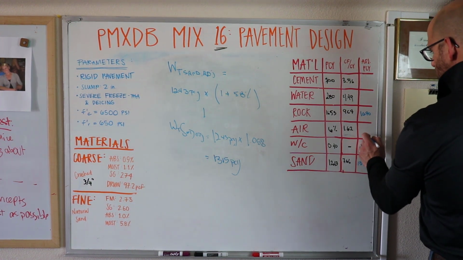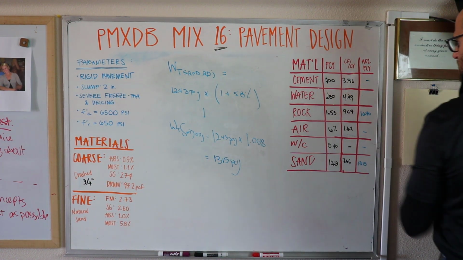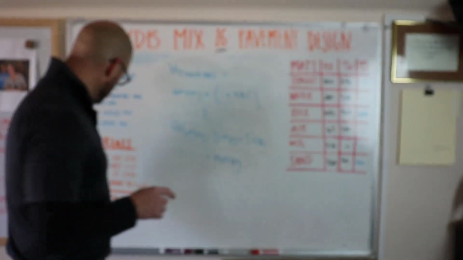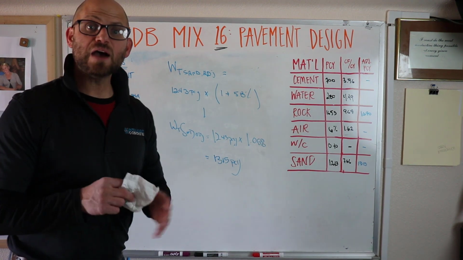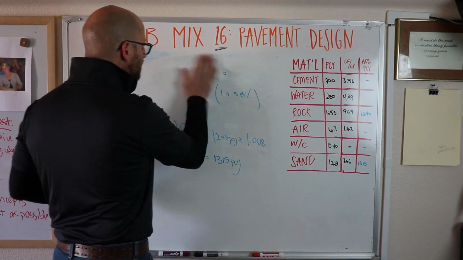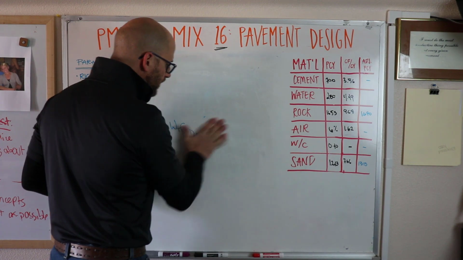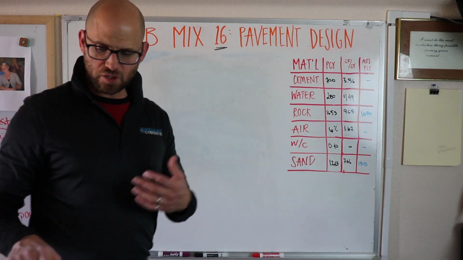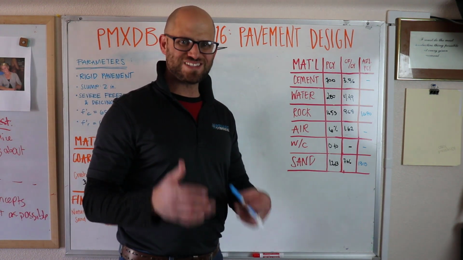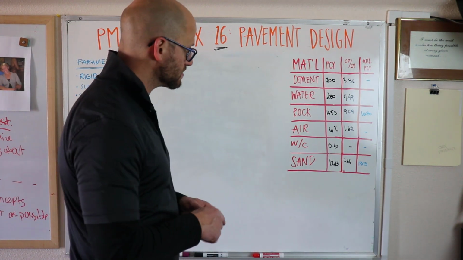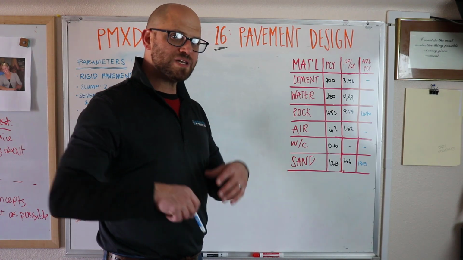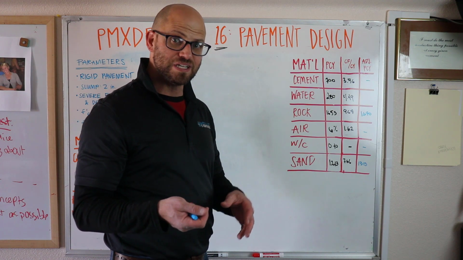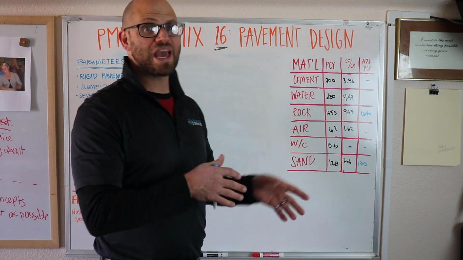This is going to stay the same. This is going to stay the same. This is going to stay the same. So we've got our updated coarse and fine aggregate. Now we've got to update our water. And what I mean by that is the water that we have on paper is our design water. It's our water that'll get us to our water cement ratio. Now what we need to determine is our batch water. And the difference between the batch water and the design water is that water that's coming from the aggregate,